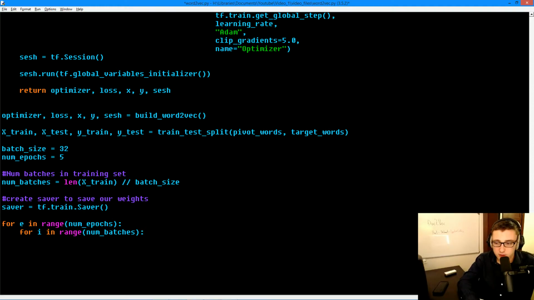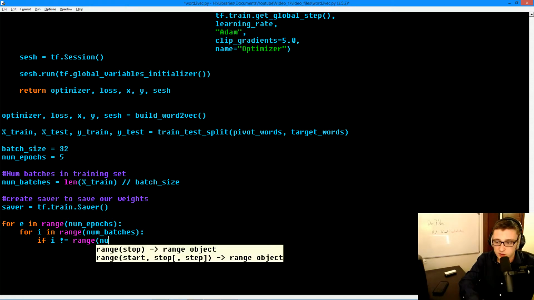And what we want to do is slide through it with our batch size. So 32, 32, 32, 32. And when it gets to the end, because we allow for a variable batch size, whatever is left at the end, we're just going to feed that in, whatever size it ends up being. So to do this, we're going to say for i in range num batches, if it does not equal the last